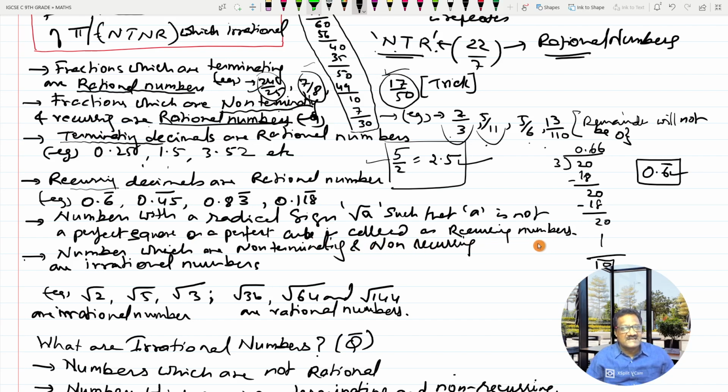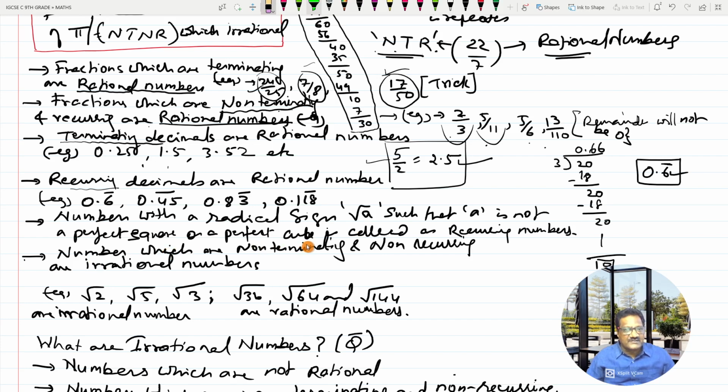This is called a recurring number. Now, suppose you have a number of the form root of a such that a is not a perfect square. Sorry, this is something I have not written correctly. A number with a radical sign, and inside that radical sign, suppose you have a number a such that a is not a perfect square